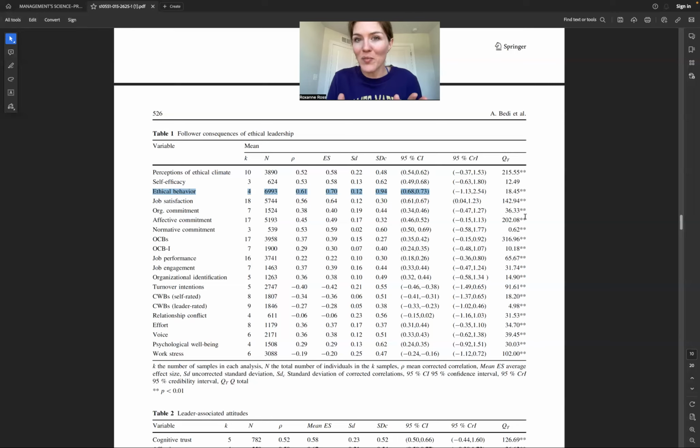And in any case, it's interesting to see how big we think that the correlation might be. So with 95% confidence, this is the size, 0.68 to 0.73. And that's a pretty big correlation. I feel pretty confident about this correlation. We'll talk more about effect sizes and statistics in our other classes, but this is just to give you a sense of what to look for, how to read your meta-analysis, and how to use what you're reading.